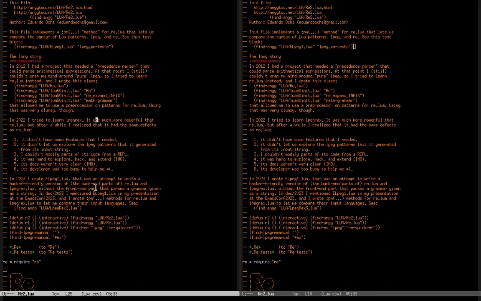And in 2022 I heard about something called LPegRex that was a kind of extension of Re, and it was much more powerful than re.lua, but after a while I realized that it had the same defects as re.lua. And let me explain that, because it has all to do with the things about black boxes and magic that I told in the beginning.